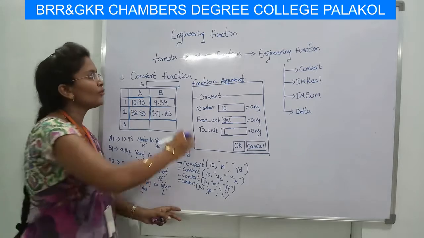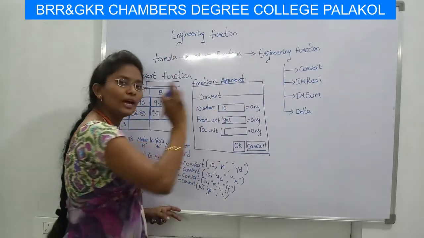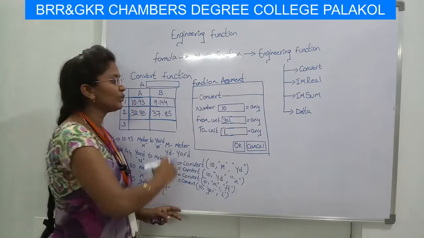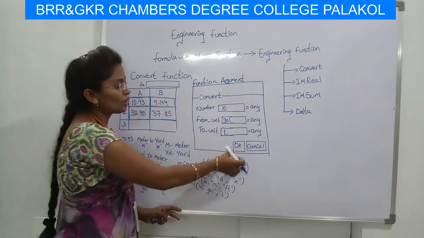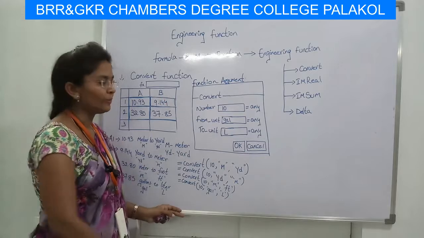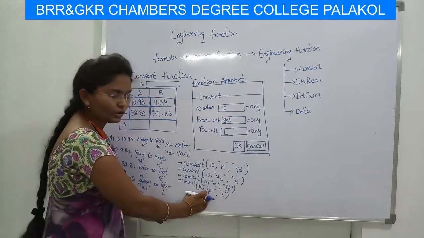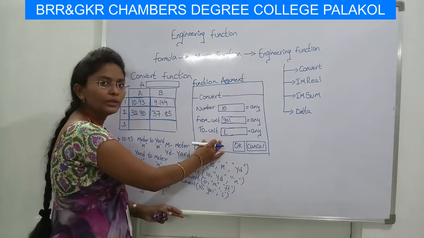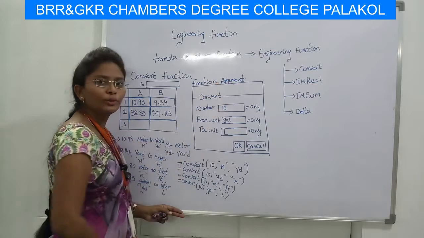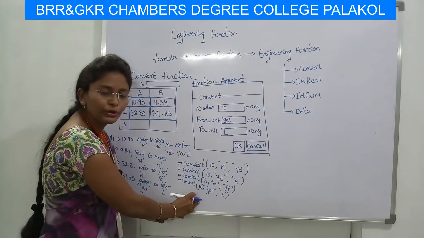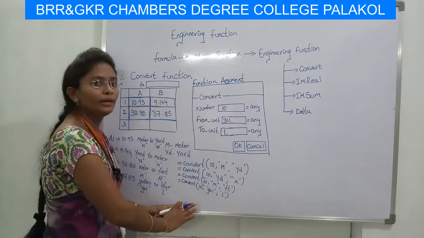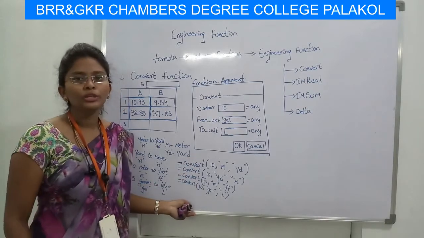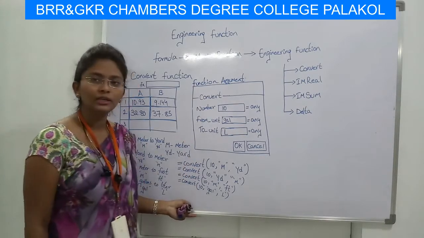Or you can go for the step-by-step process, and one dialog box will appear. You can see the result in the dialog box also. That means you have to enter the values there, and by clicking the OK button, the result will appear. This is one way, and entering the formula is the second way. By using the mouse pointer, we open the function arguments in the Excel sheet. By using the keyboard, we type the formula in the formula bar and see the result. These are the two ways, by keyboard and by mouse, that we covered in the CONVERT function.